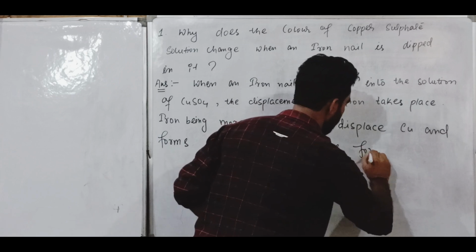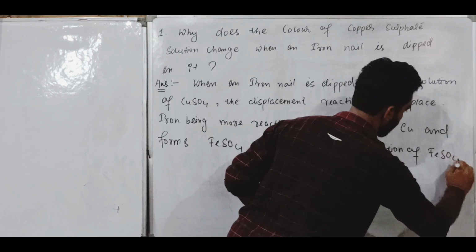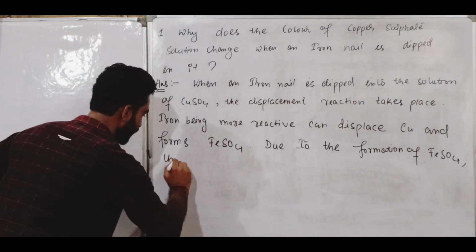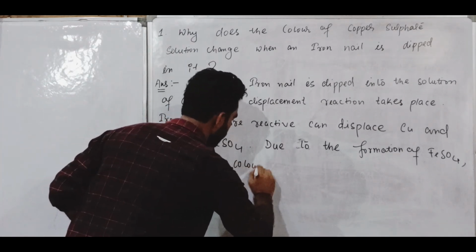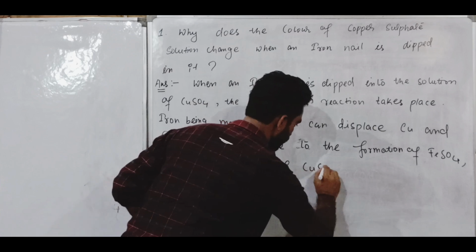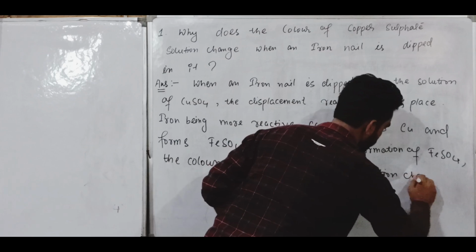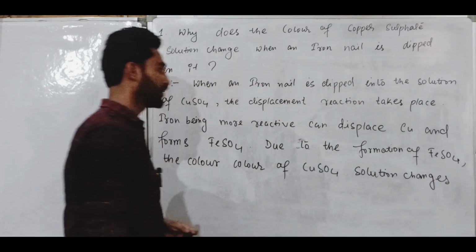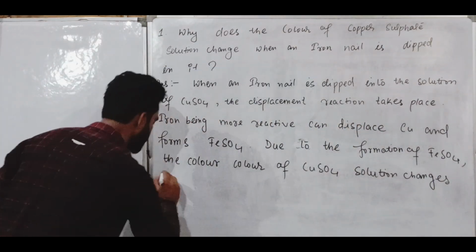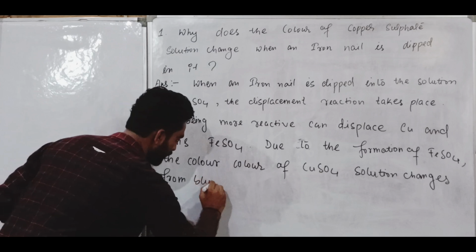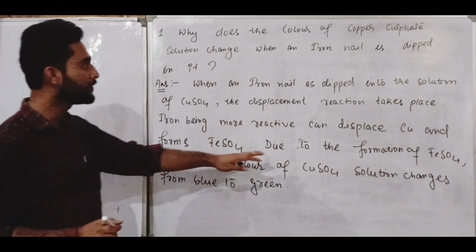Due to the formation of iron sulfate, the color of copper sulfate solution changes from blue to green. And the reaction involved here is